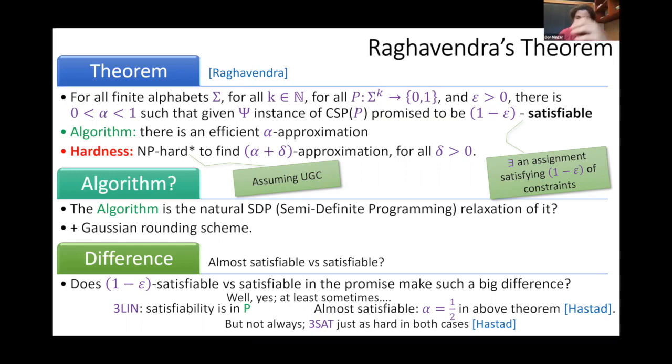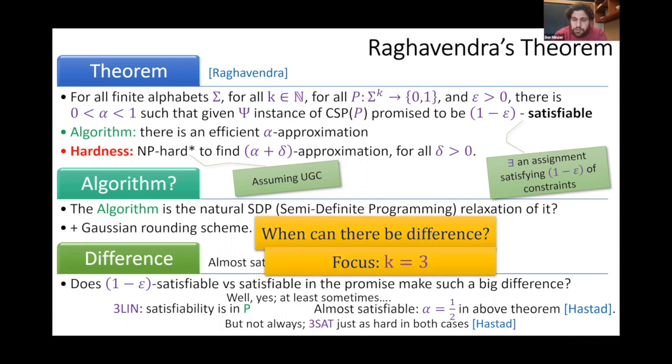And kind of the question that we're trying to get at is, for what problems does this satisfiable versus almost satisfiable make any difference? So this is really an interesting problem from this point of view. And for the sake of concreteness and for the rest of the talk, I'm going to focus on the 3-ary case. I'm going to talk about k equals 3, but much of what I say can be generalized beyond it. So with all of this in mind, I can tell you what our guess is as to when there is a difference between satisfiable and almost satisfiable instances. And in 2 words, our guess is